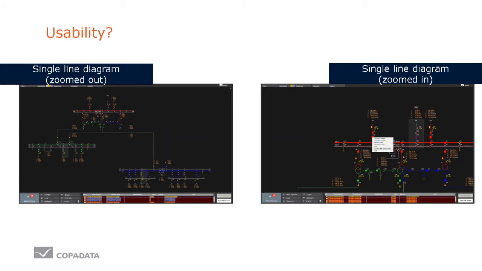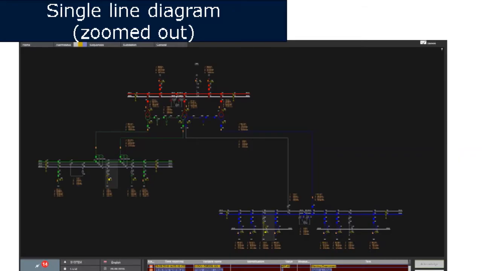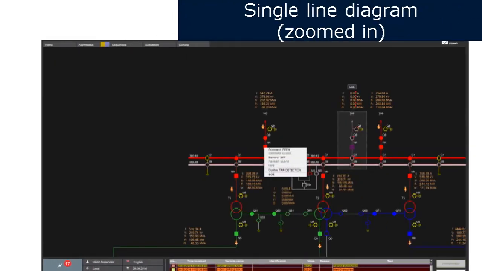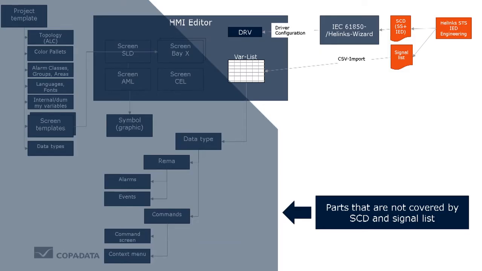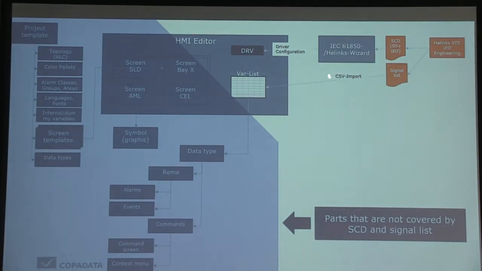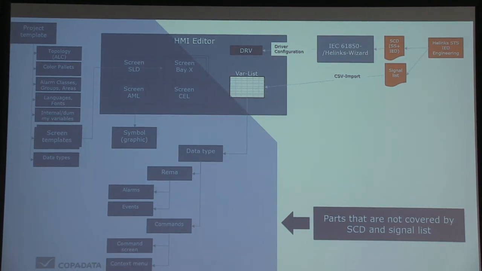So how would you deal with that? This is not available in the SCD file. This is not available in the signal list. So in this case, we still need a kind of template information based on the requirements of the utility, which are linked perhaps to some information that is in the variable list or in the signal list, which comes directly from the